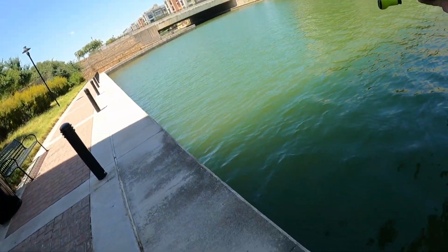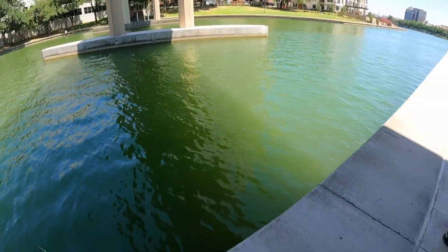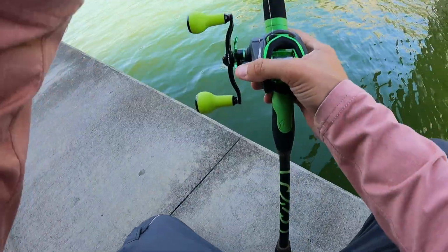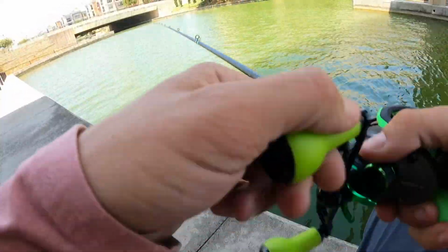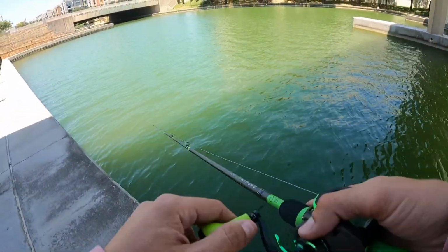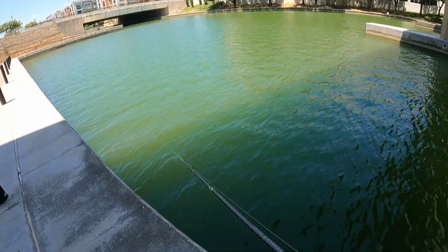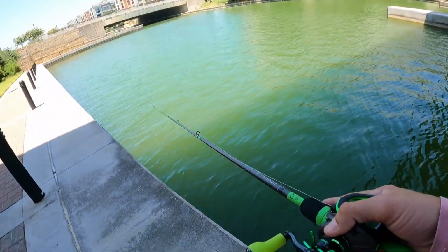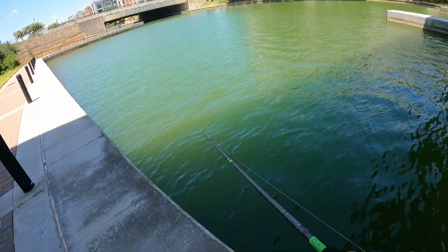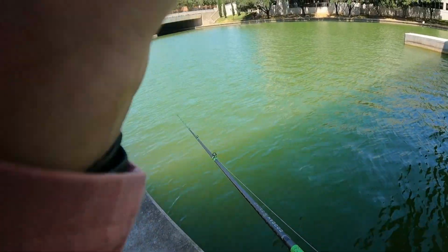Oh, it's frustrating. Oh my goodness, man. I'm like, right now is the point in time where you just get really turned off from fishing. Just lost back-to-back fish on this headhunter after working. We've been fishing since 9 a.m. It is 3 o'clock. That's how far and few the bites have been in between,